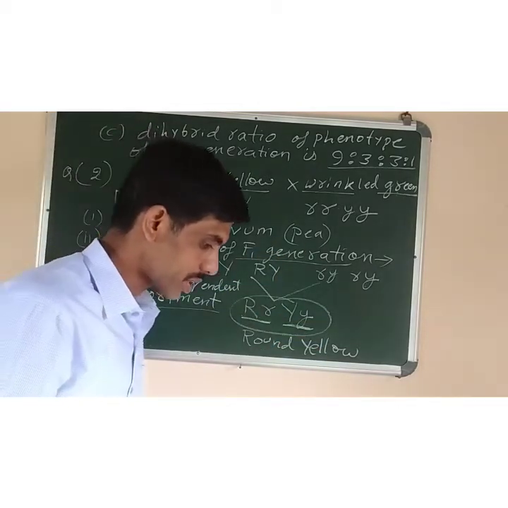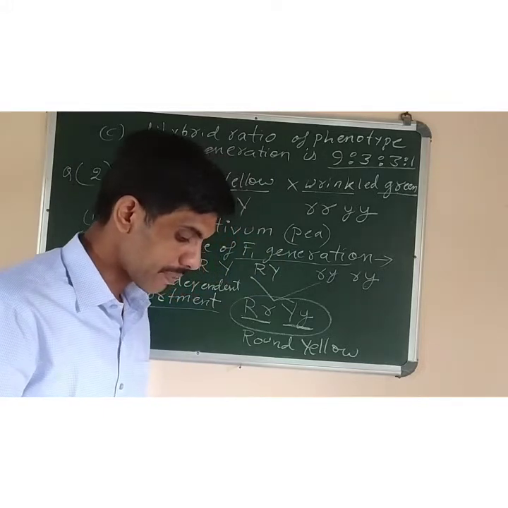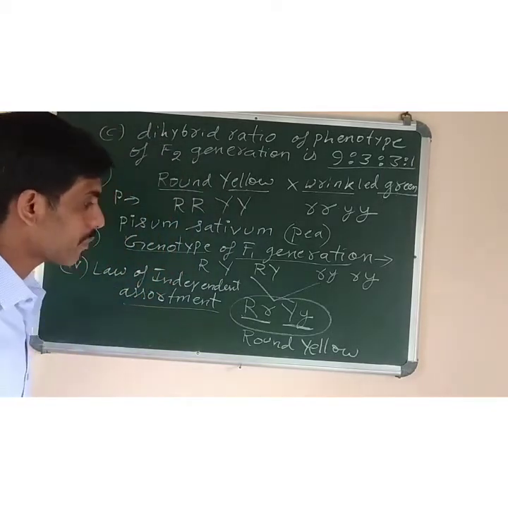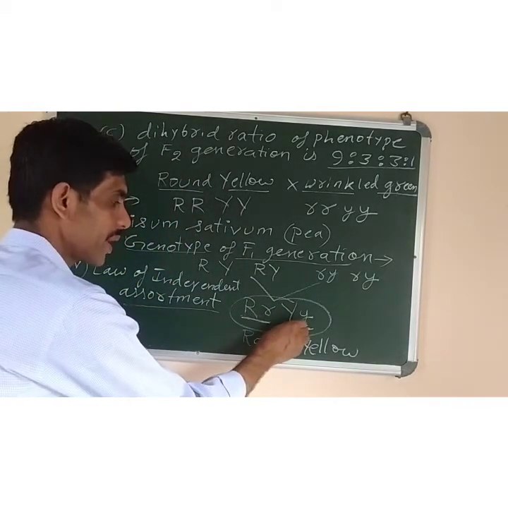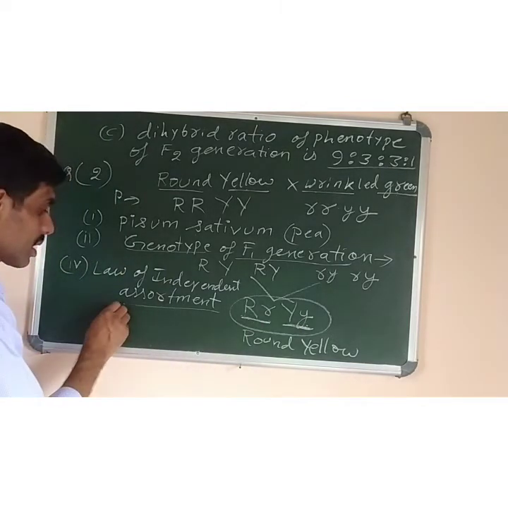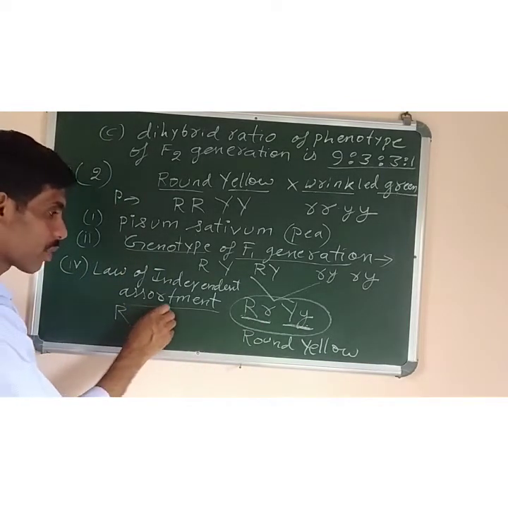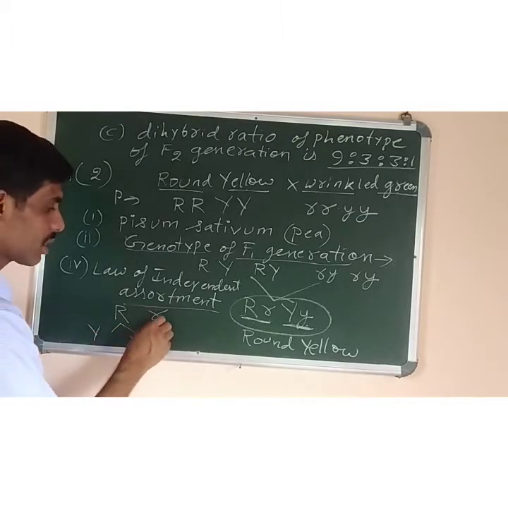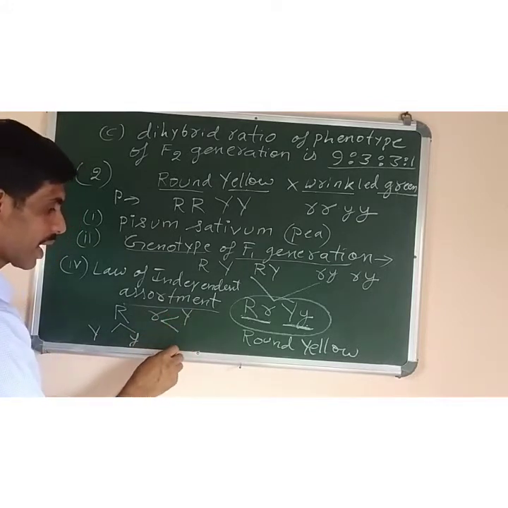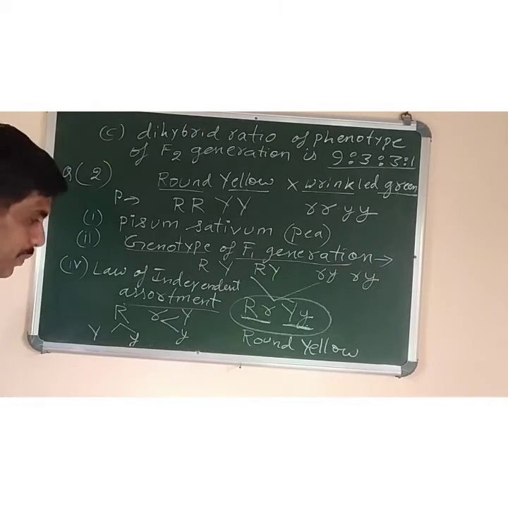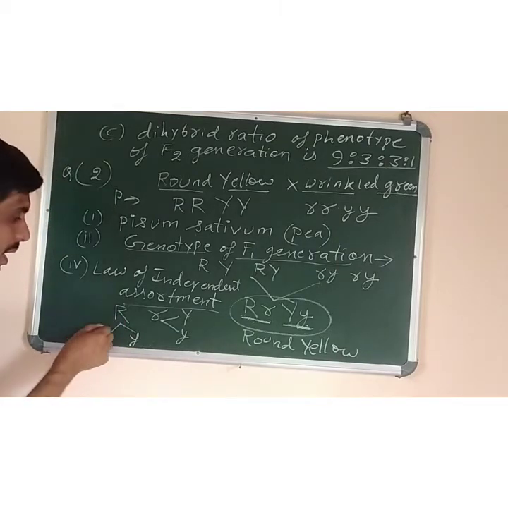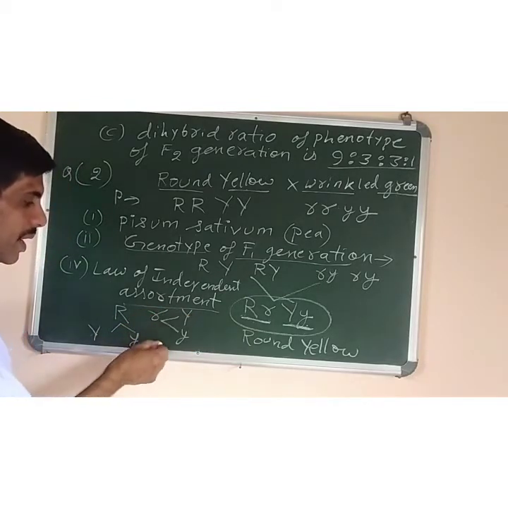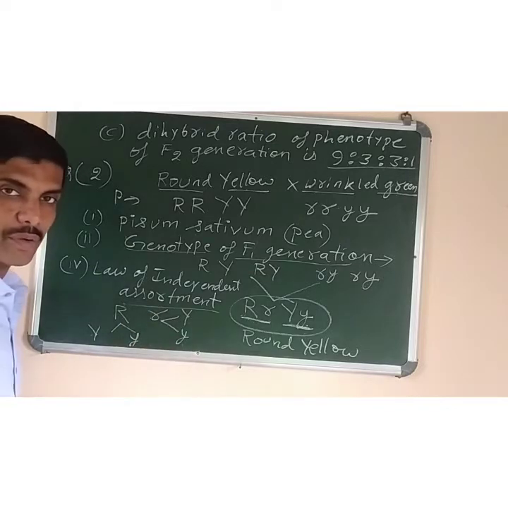Okay. Now the next question that we have to write, number 5, is: give the possible combination of gametes that can be obtained from the F1 hybrid. What types of gametes can be made from here? As I told in the previous question, you will write capital R, small r, and like this you will write capital Y, small y. Here also you do the same, and then combine them. What are the gametes possible? Capital R, capital Y, first gamete; capital R, small y, second gamete; small r, capital Y, third gamete; small r, small y, fourth gamete. So that will be your answer.